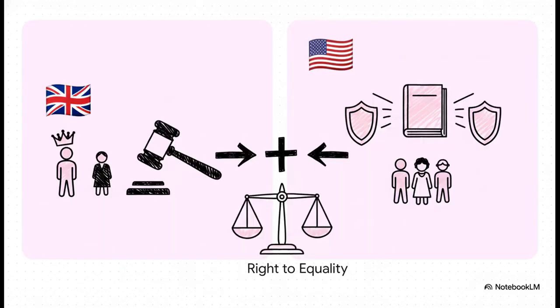Okay, this is where it gets really clever. Take the right to equality. It's not just one simple idea. The framers actually blended 2 different concepts together. They took the British idea that absolutely no one is above the law and combined it with the American idea that the law has to be applied fairly to everyone in the same boat. It's this kind of thoughtful detail that makes the Constitution so robust.